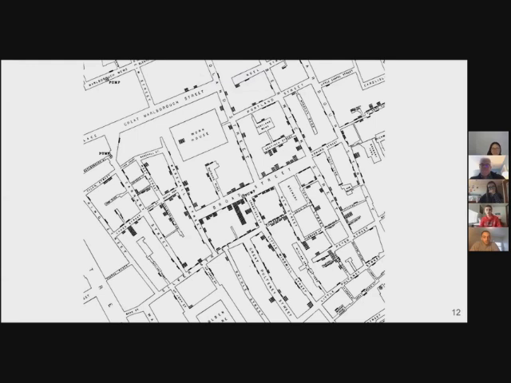Go ahead. Everywhere that I see a lot of deaths, I also see a short little line, which I'm assuming, if it's cholera, maybe it's a sewer line or something. Oh, yeah, good point. Now in hindsight, we know what is causing it. Sewage indeed is an important factor that people find out later on. I don't know the answer whether the line that you're referring to is sewage or not.